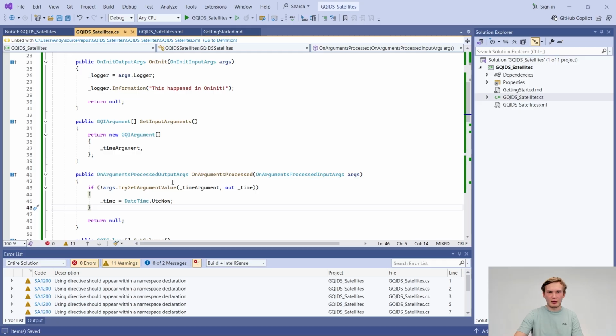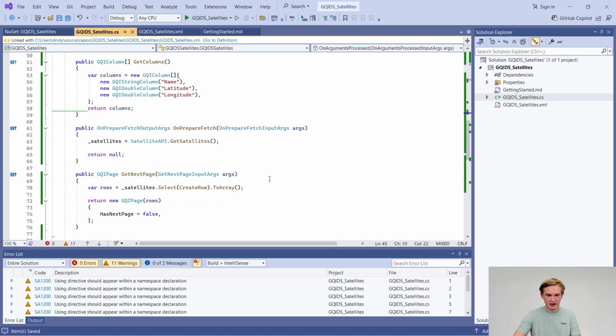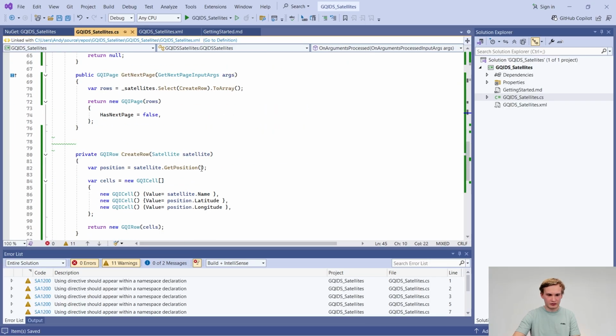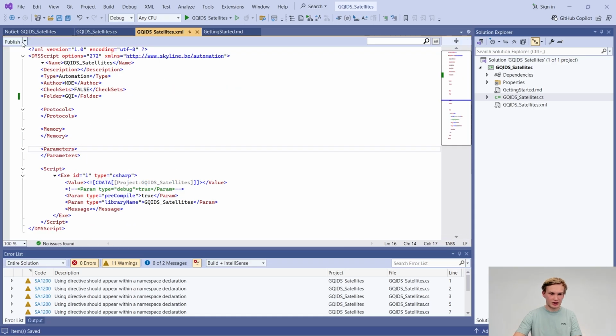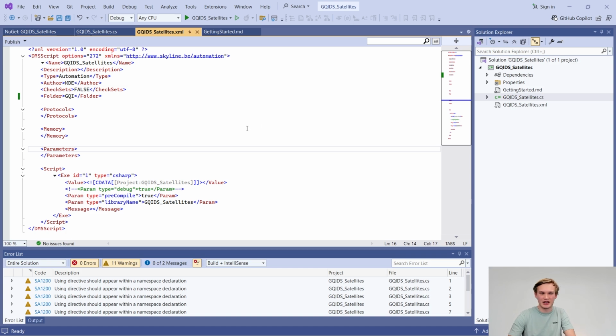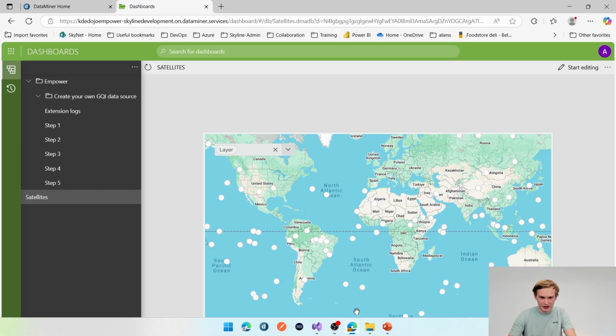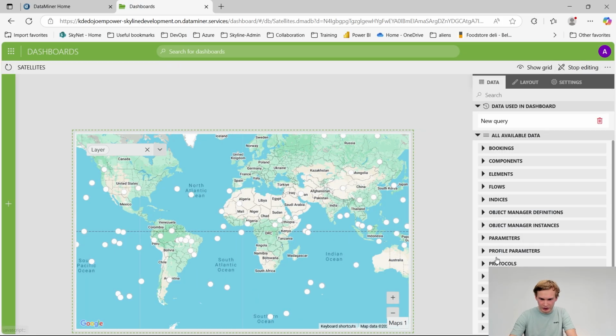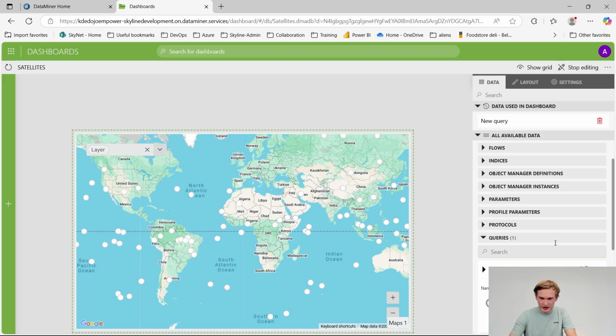Okay, we have implemented our two methods, but we currently are not using this time yet. So we can easily go over here, and the reason why this get position is a separate method is because we can provide a time here, which will actually give back the value for it. And that should be everything. So we can once again publish it, showing how easy this is using DIS. And if we go back here, when we go into edit mode, we should see that in the query now,